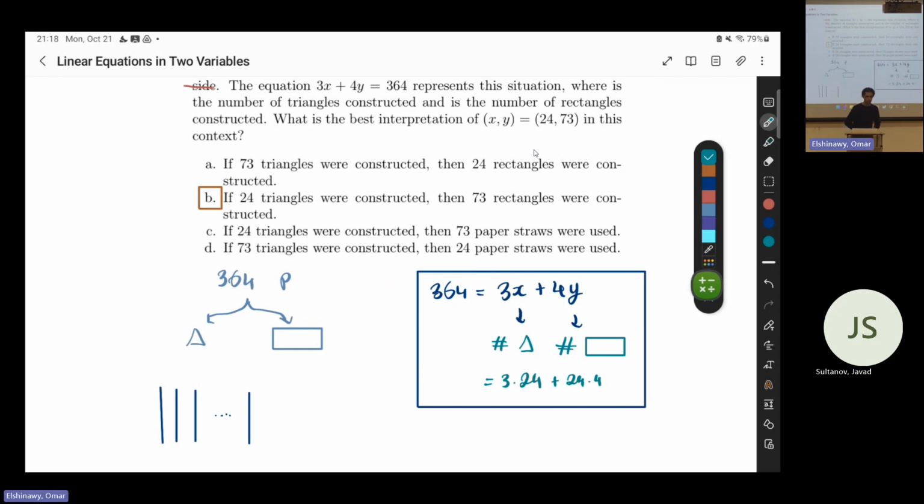Triangles. Oh, to make 24 triangles. Yes, if I want to make one triangle, how many straws? I'm sorry, I'm getting confused. No, don't worry about it. To make 24 triangles, you would need